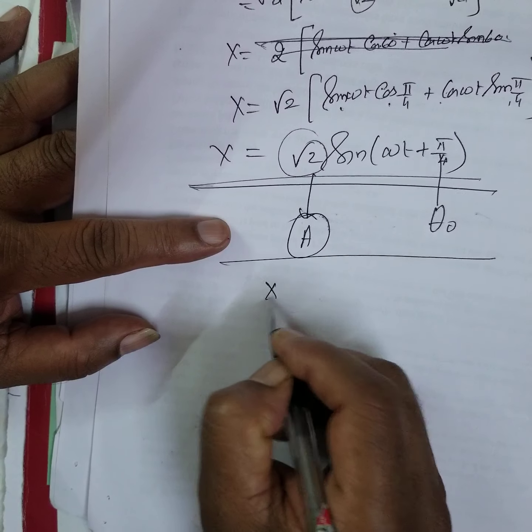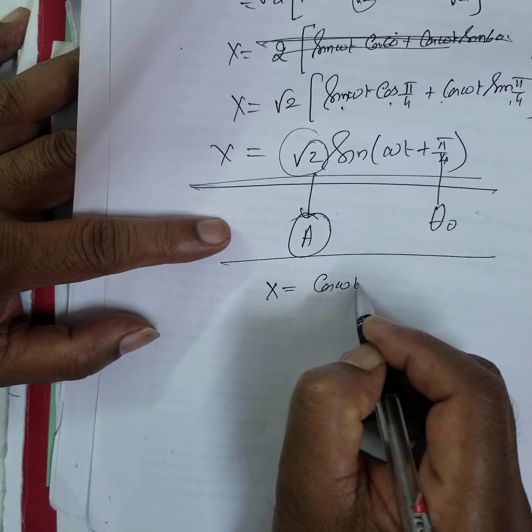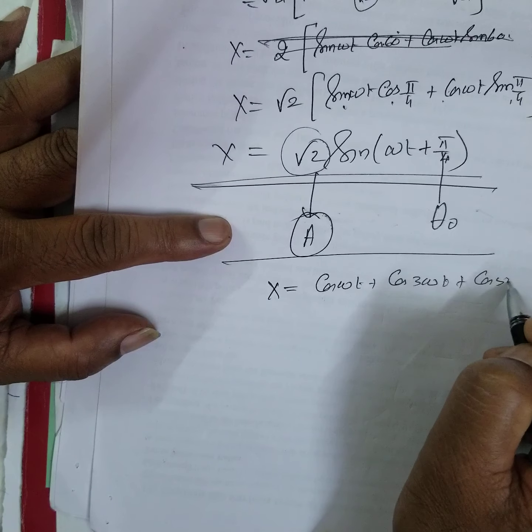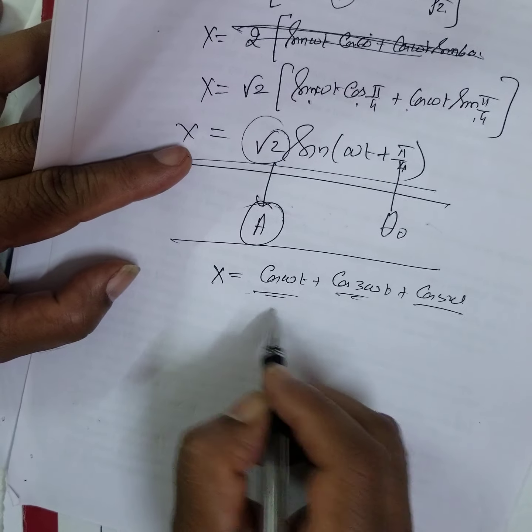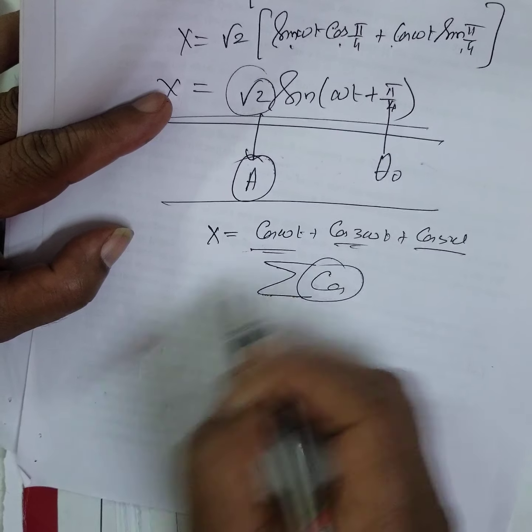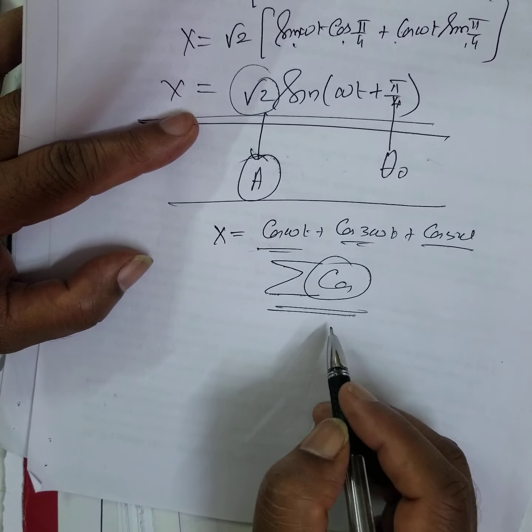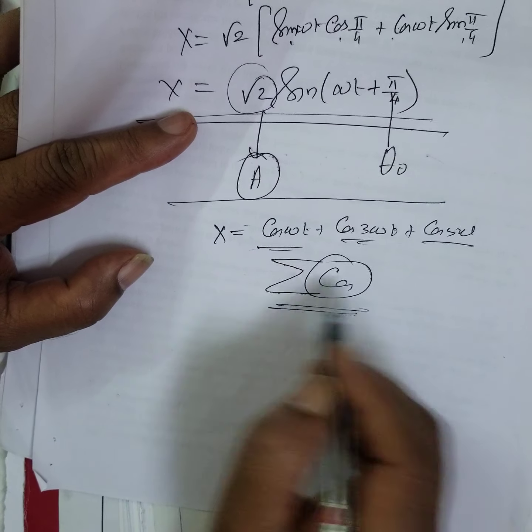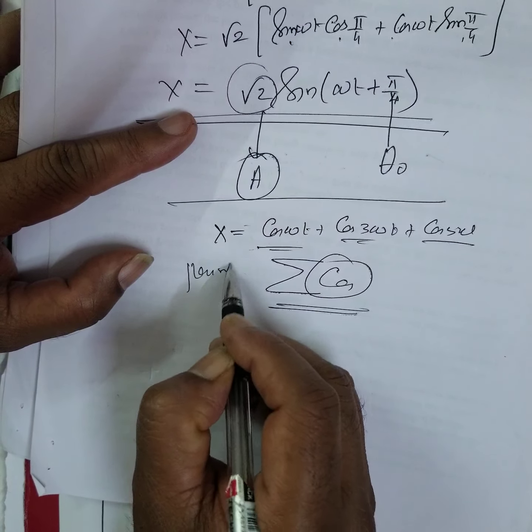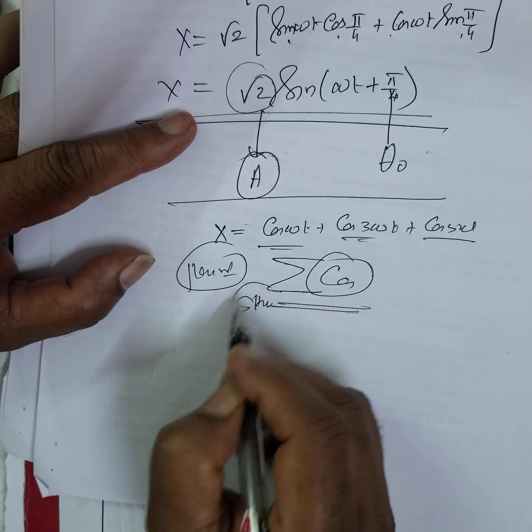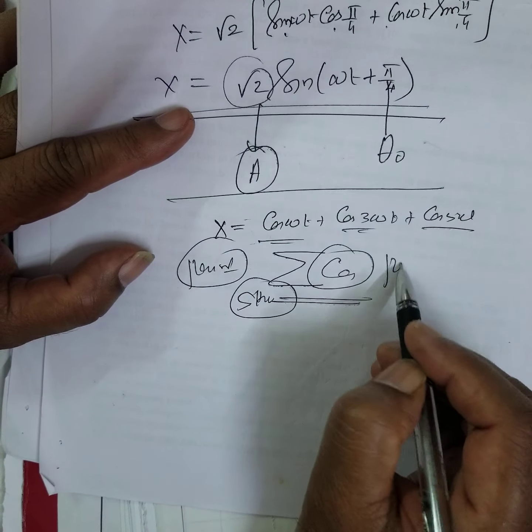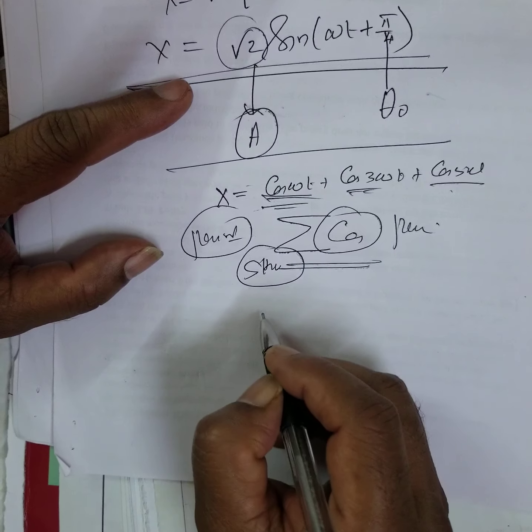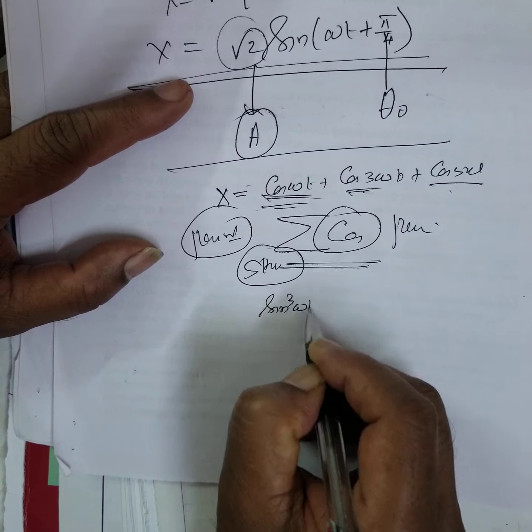Now, x is equal to cos omega t plus cos 3 omega t plus cos 5 omega t. This is what? Sum of the cos functions. Whenever there is any sum of cos functions with some coefficients or whatever it is, this sum of the functions is a periodic function. It is not simple harmonic motion. Therefore, it is a periodic function, either sine or cos or anything like that. Similarly, say sine cube omega t, it comes.